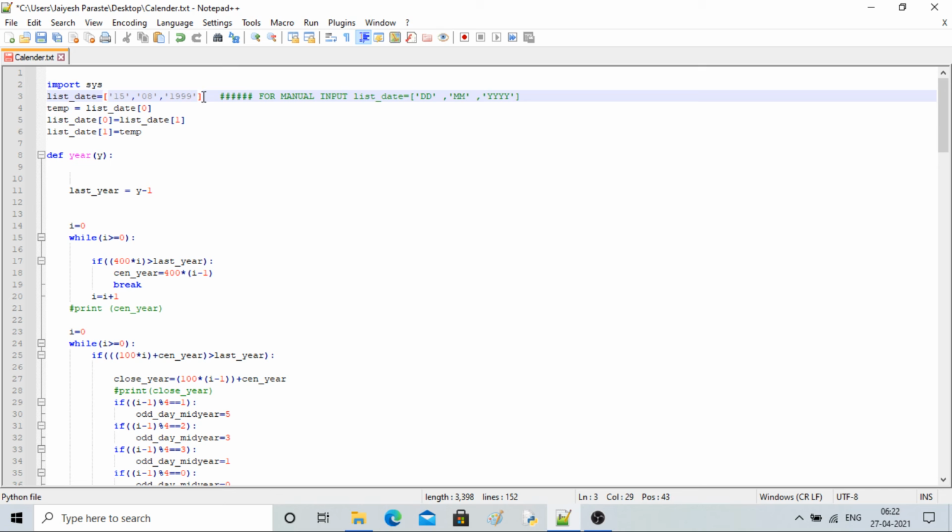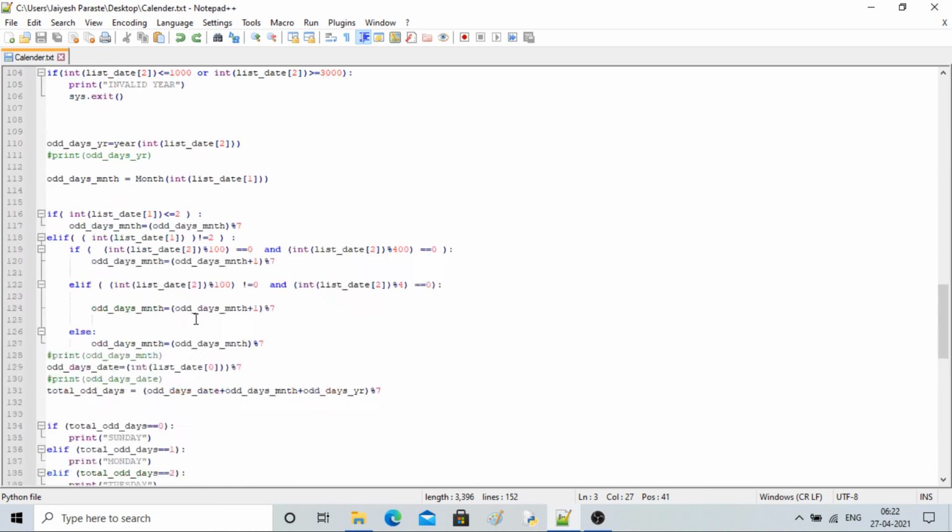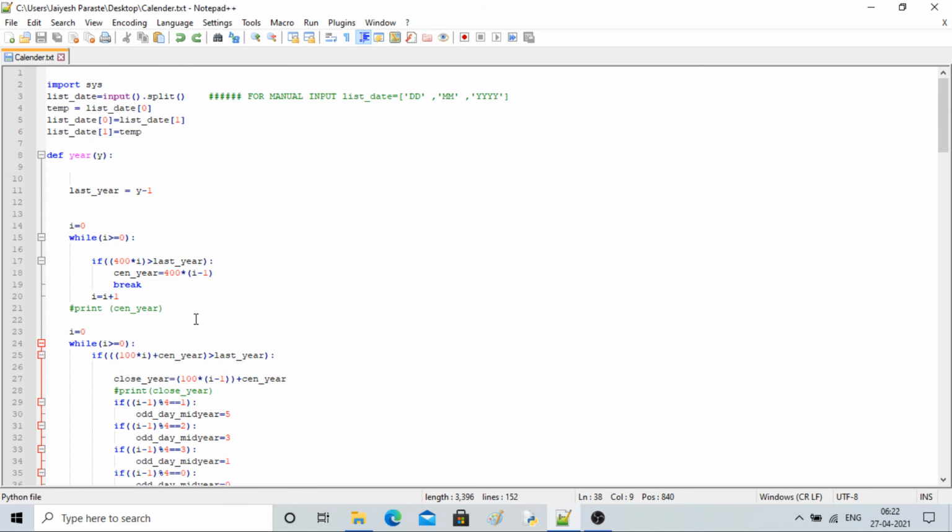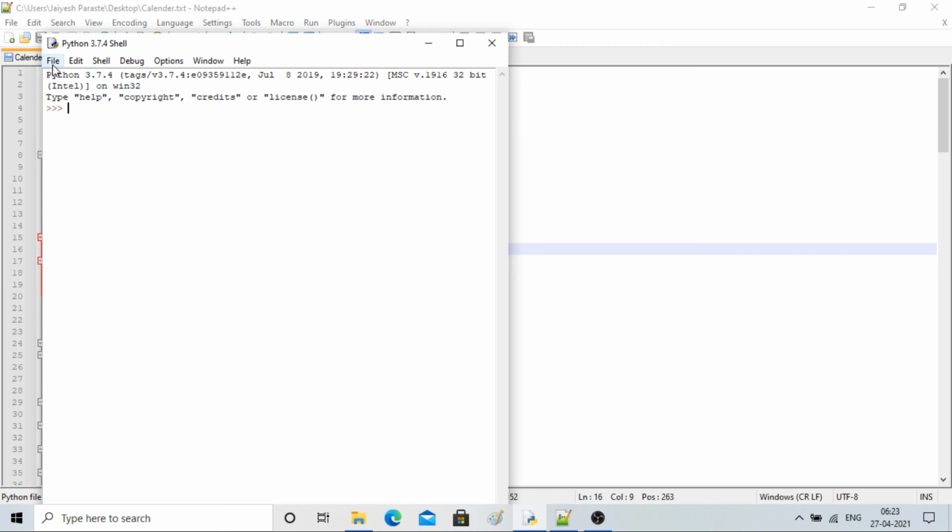So let me switch it back to what it was. In the input, you can play around with this. This is something I wanted to mention, and now I will show you how to run this in running mode. I have an IDE, the Python shell. I'll open this file.